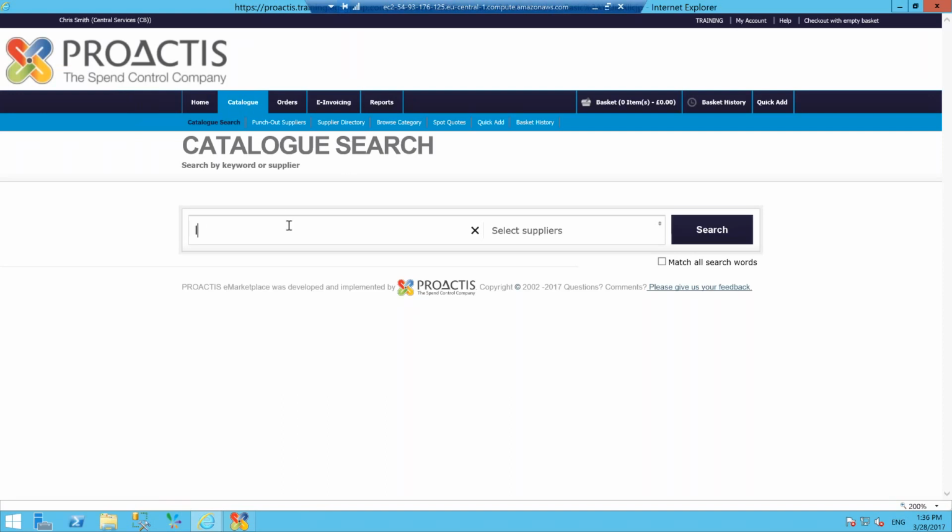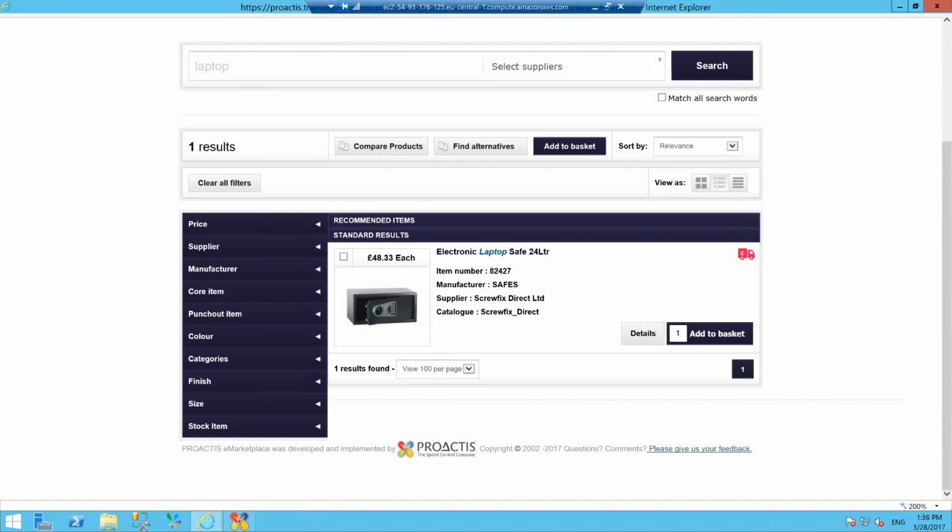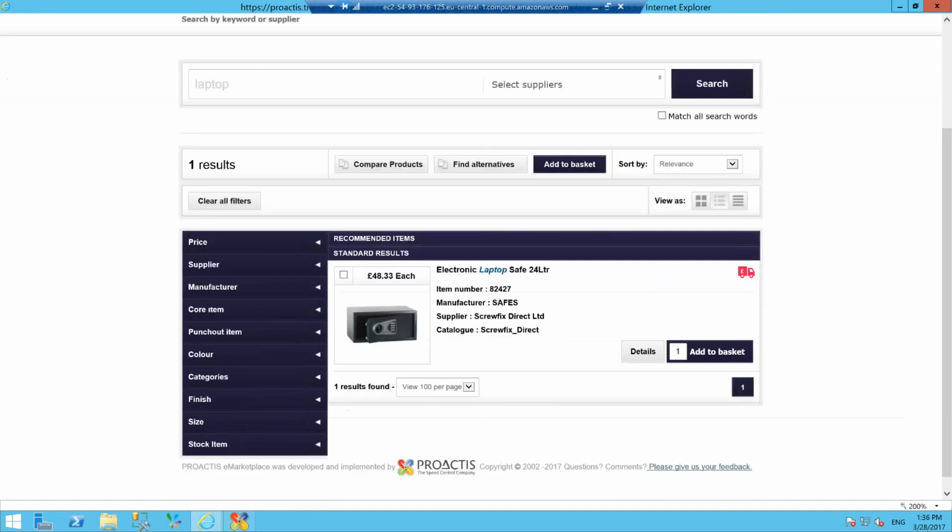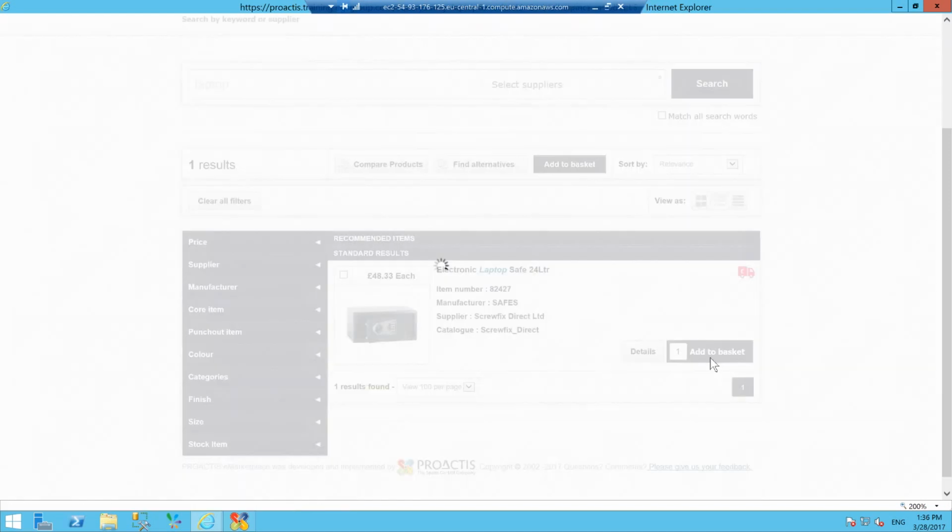If we were searching across a range of online suppliers, we can search based on the item description, item code, or maybe the supplier, but we can search across all of our online catalogs and contracts, and we can then retrieve relevant items, add those to our basket,